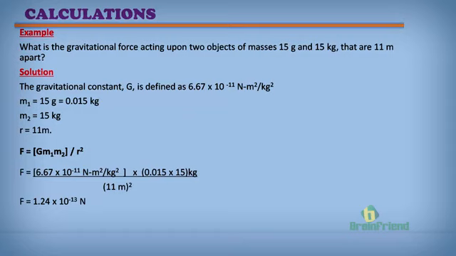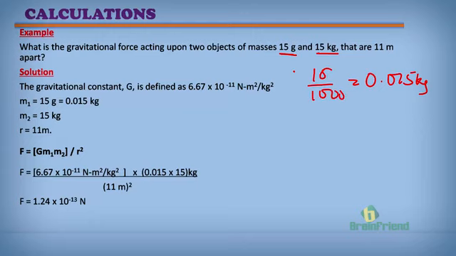First, what is the gravitational force acting upon two objects of masses 15 grams and 15 kilograms that are 11 meters apart? I underline these masses so that you know what we are working with. Of course, you should also remember that the standard unit for measuring mass is what? Kilograms. That is why it's important, before you go into this calculation, to convert these grams to kilograms. And how do you do that? To convert grams to kilograms, you divide by 1,000. That is to say, 15 divided by 1,000 will give us